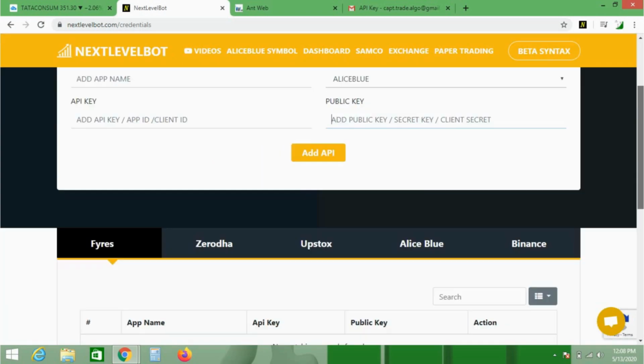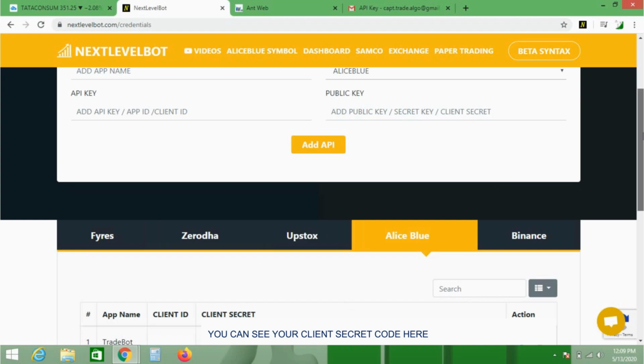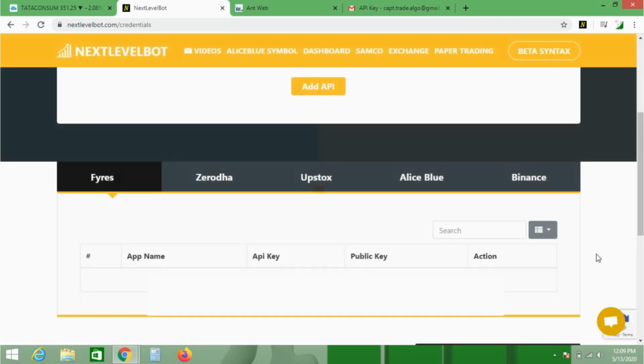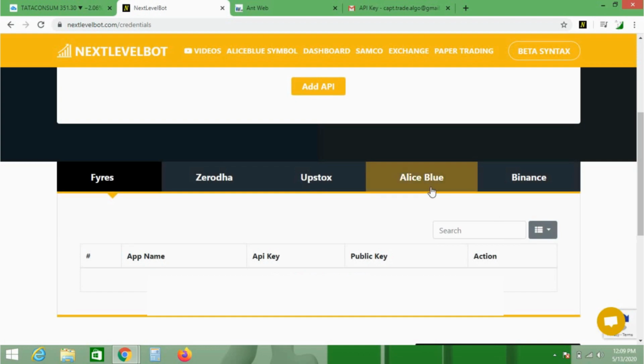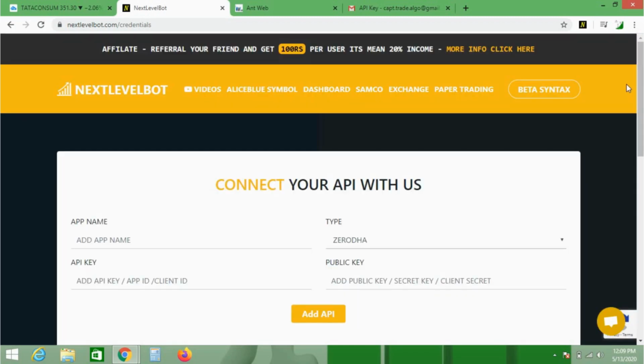Okay, then click Add API, and after adding the API just go to Alice Blue, and now you can verify your input details. Initially this will be crossed, so just click over it and it should turn green. Okay, let it start. Now you go to Alice Blue, and yes, it's green. It means your bot is now connected with your broker and all set. But still it is not in live mode. We need to do some more settings at a later stage.